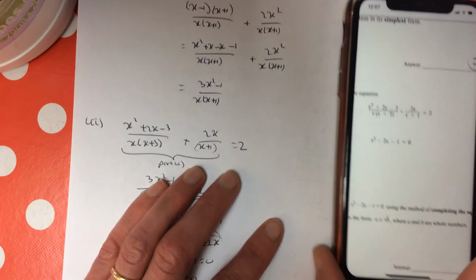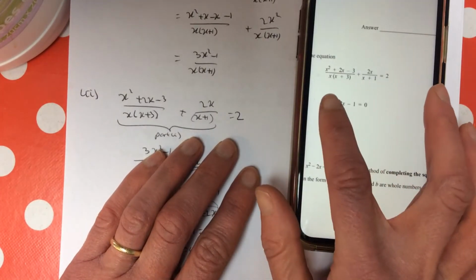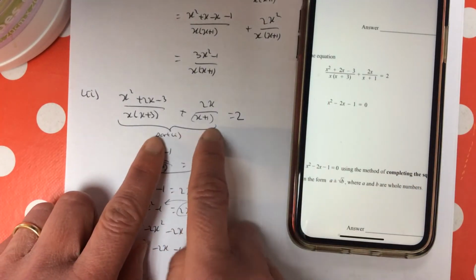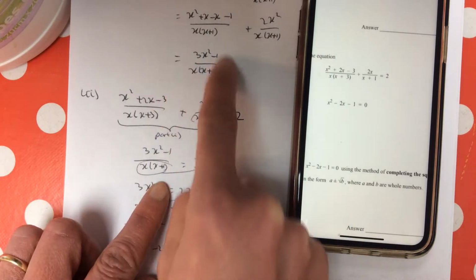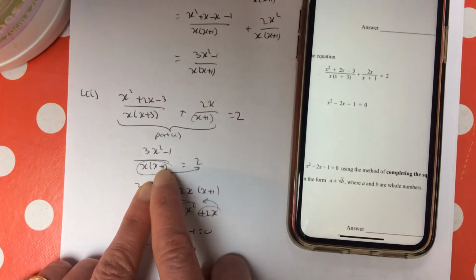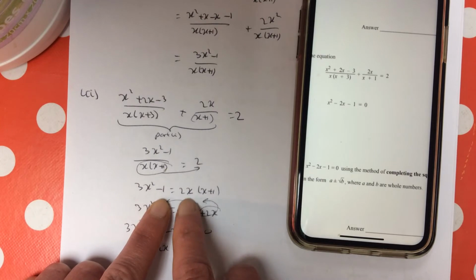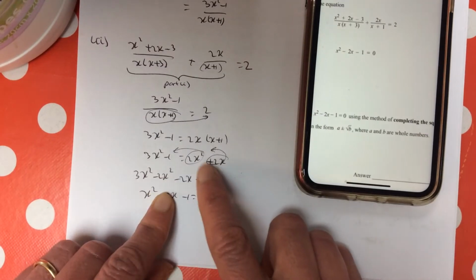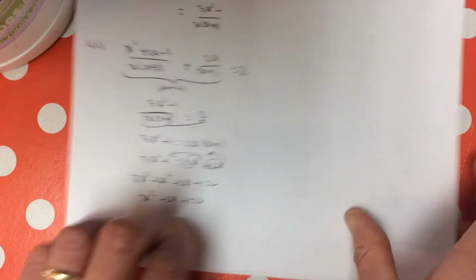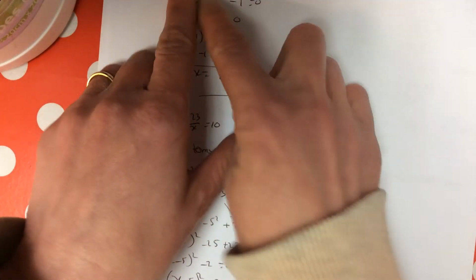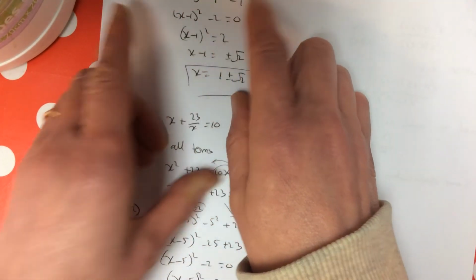Part 2 is an equation. So if you look there, that's your answer to part 1. So just put your answer to part 1 in there. Then you're going to solve it. Bring that up to the other side, multiply it out. It's a quadratic, so put everything on one side. And then you're going to solve it. Okay, by